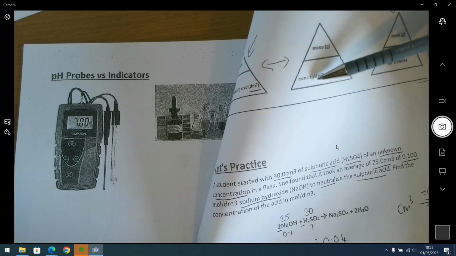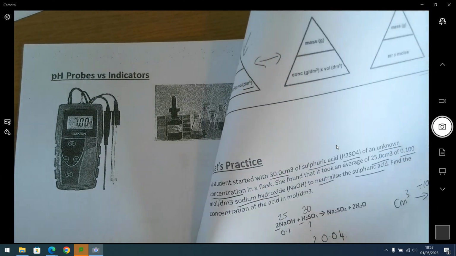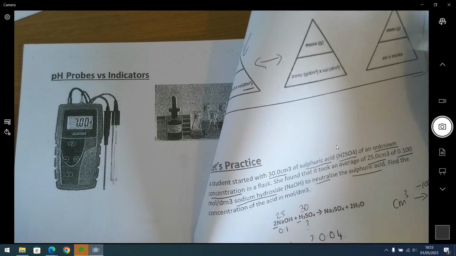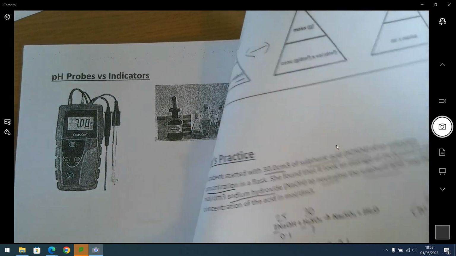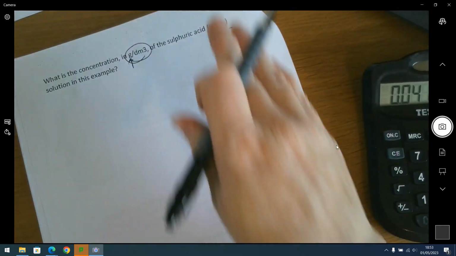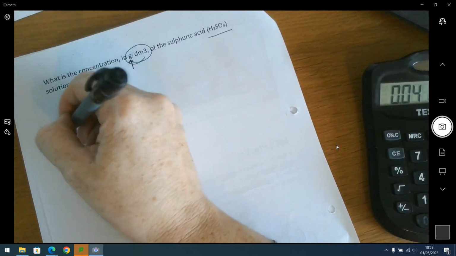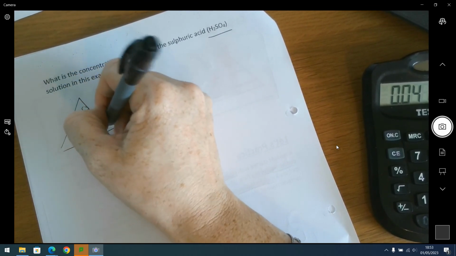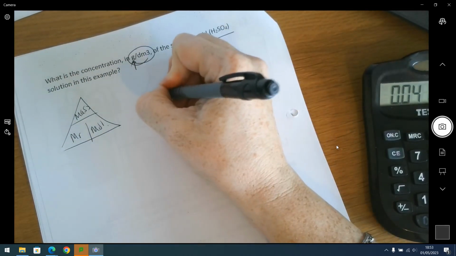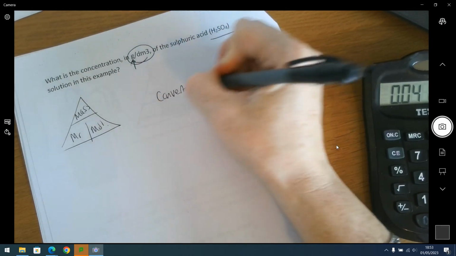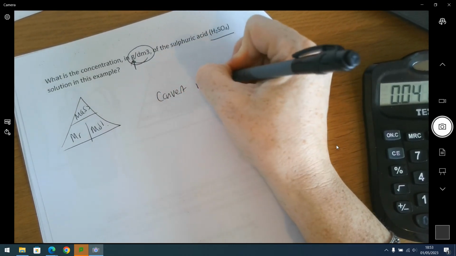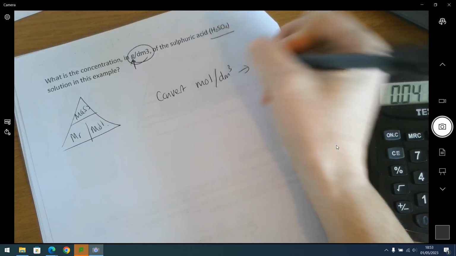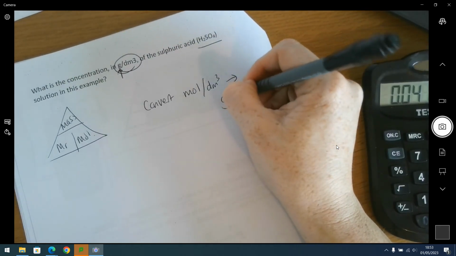I've got mass is concentration times by volume. We're actually going to use this one here, so mass, MR and moles. So put the triangle in just to keep it right. Mass, MR, moles. And if you're asked to convert, for example, moles per decimeters cubed into grams per decimeters cubed,